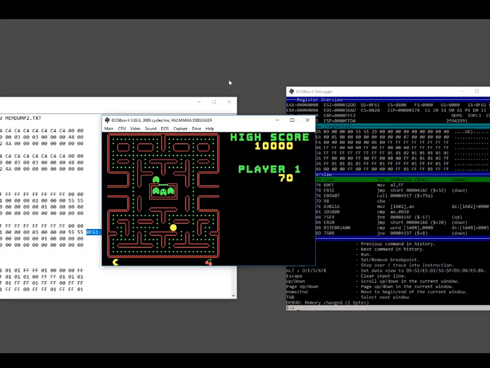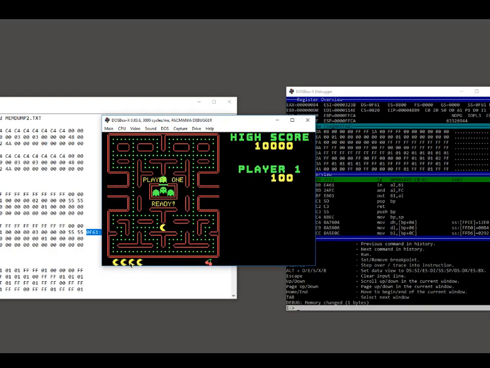So let's try it now. Let's go back to Pac-Mania. I'm going to press Alt-Pause to close the debugger. And let's get ourselves killed. Yep, look what it did. So the game is not programmed to draw 9 lives. The programmer didn't figure that you would actually have that many lives at once, so it only renders up to